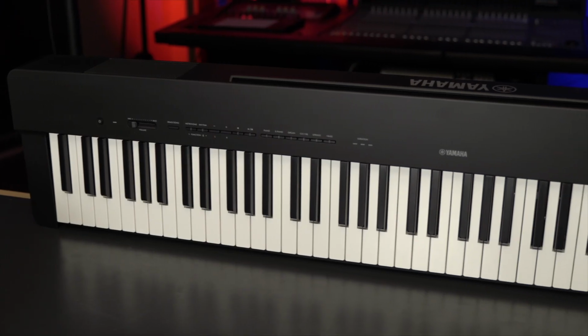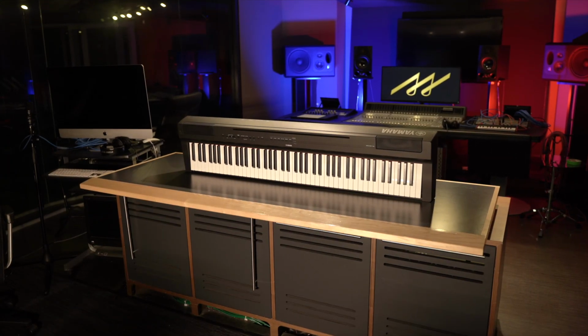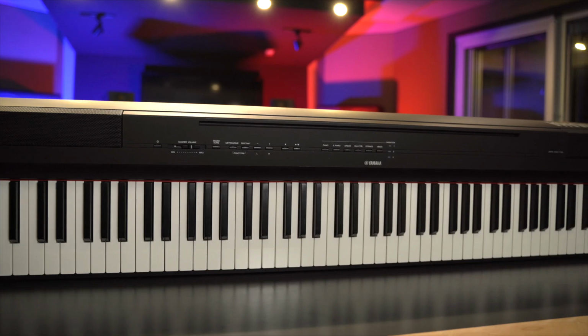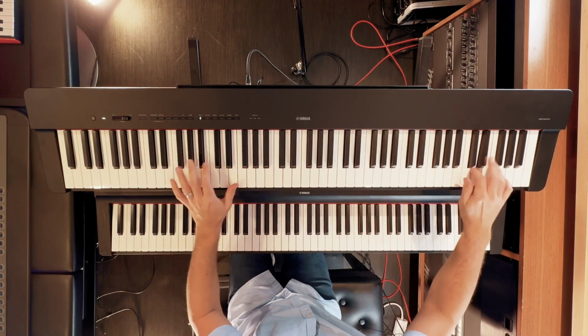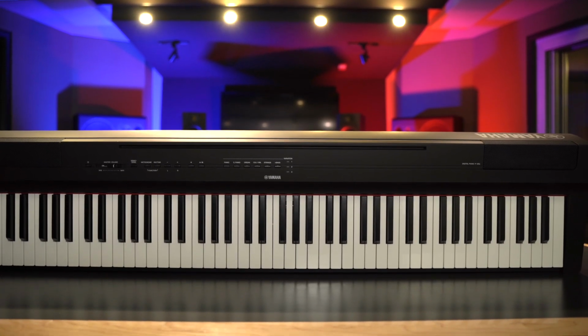In front of me today is Yamaha's relatively new P225, which replaces their P125a, something that was still fairly current only just a few months ago. We're going to go through these machines and find out where the upgrades have occurred, what the differences are, so that if you're out there looking for new versus say used, because I know there's quite a few P125s out there on the used market, you might even still find a few new, what you're in for